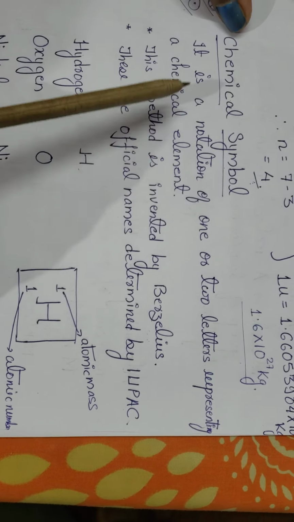So what is a molecule? A molecule is an electrically neutral group of 2 or more atoms which are chemically bonded. Here you can see there is a bonding, and this type of bond is called a covalent bond. They are chemically bonded together. So when atoms combine together and become stable, it is called a molecule. So this is about hydrogen.